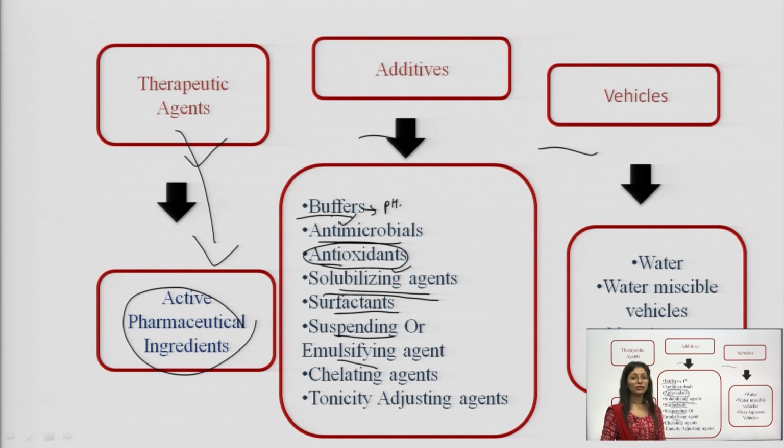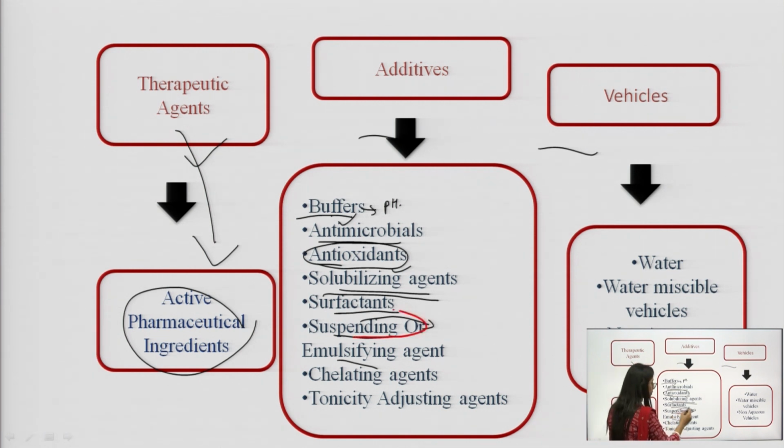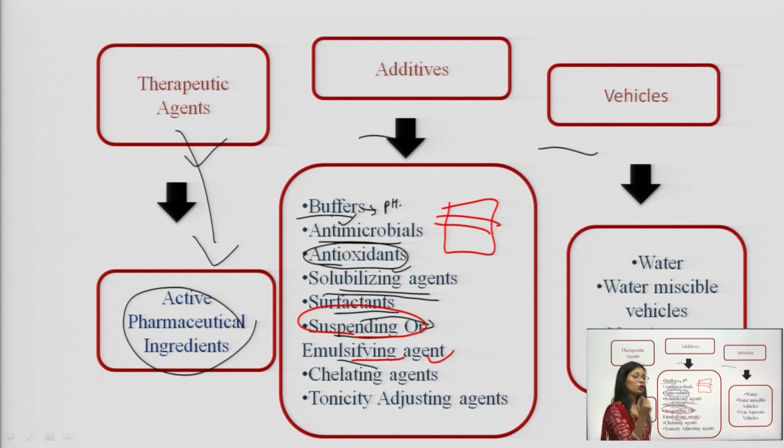When you are working with suspensions, you use suspending agents, and when you are working with emulsions, so that the stability is enhanced, you go for emulsifying agents. As I told you, emulsions have an oil phase and a water phase. If they degrade after incorporation into the body, for example, you prepare the formulation and after keeping it for a long period you can see that the oil phase and water phase have separated out.